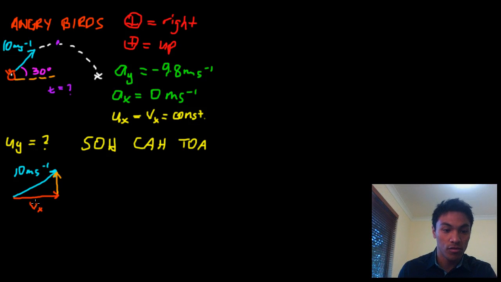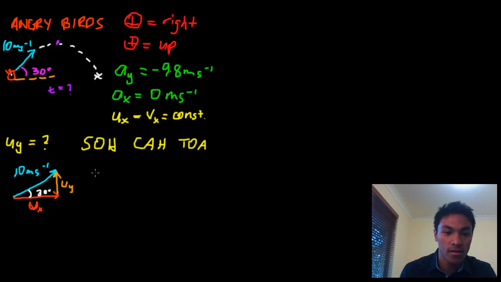It's going to be u, the initial velocity, because we start off with an initial velocity of 10 meters per second, and it's got this angle theta, 30 degrees. Awesome. So in order to get our opposite, our opposite component being uy,